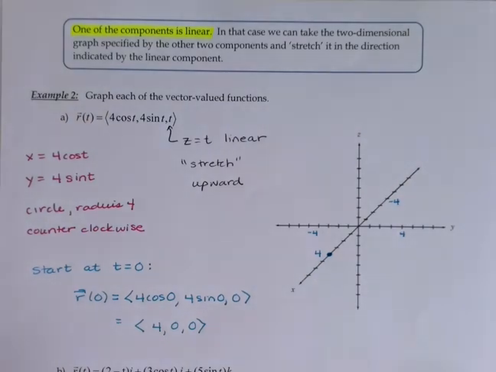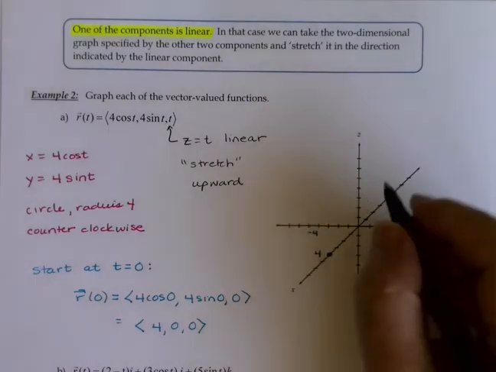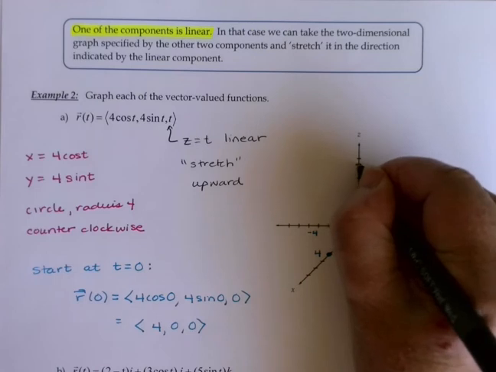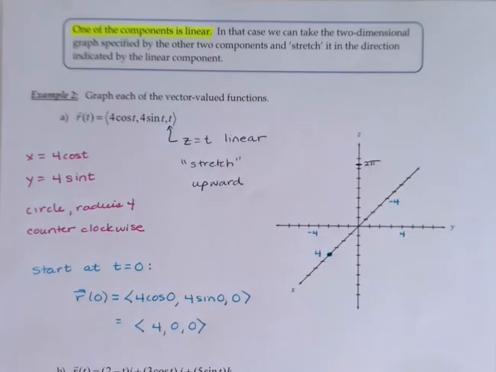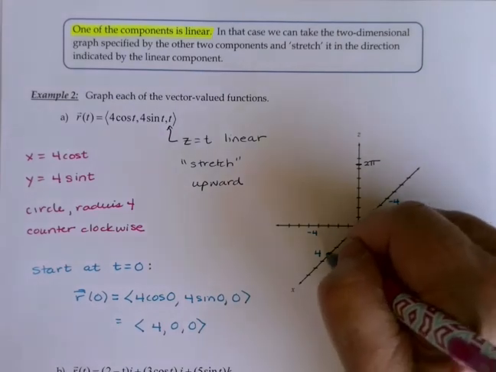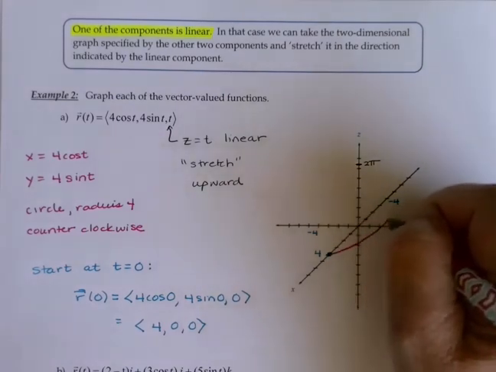And as I go around, I'm also going to go up the z-axis. One last thing. I want to go all the way around one time by the time I get to t equal to 2 pi. So when z is 2 pi, 6.28, about here, I should be one full circle around. Let's see if we can do that. We'll start here. I'm going to go up